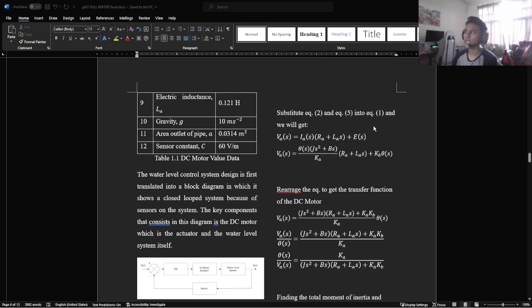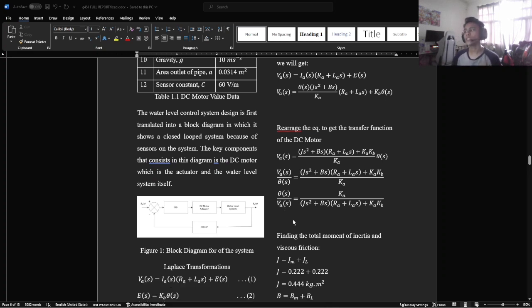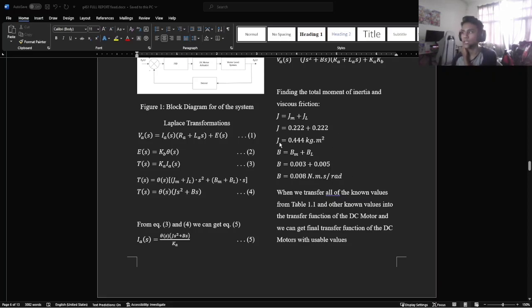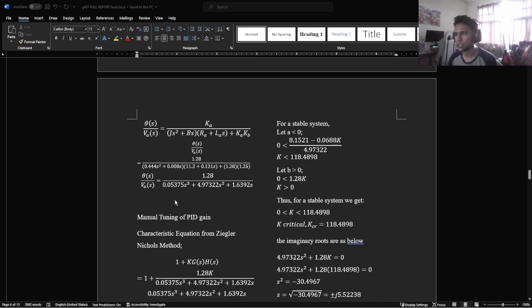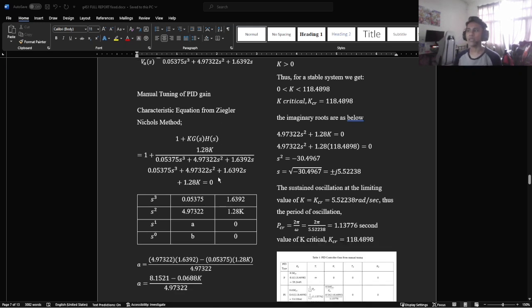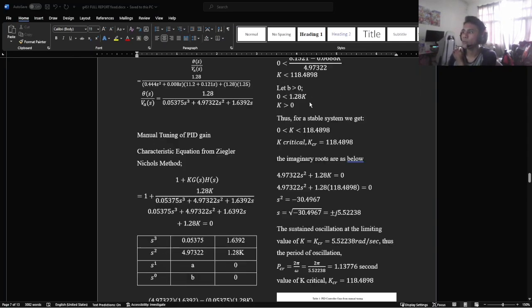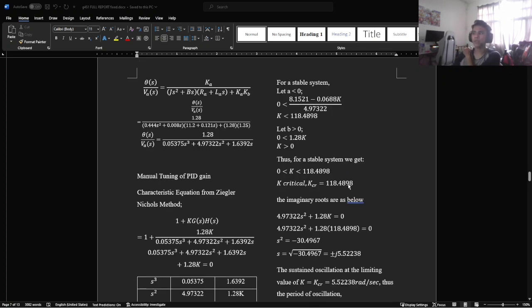From there, we can grab all of our substitutions into this form, which we can then rearrange into our transfer function. After that, we can find the total moment of inertia and also the viscous friction to get J and B in order to input them into our transfer function, and finally get our final transfer function, which is this one. And then after that, we can get the magnitude of the PID gain using the Ziegler-Nichols method, which is right here. We can grab the s^3, s^2, s, and the constant term. These are the poles, and then after that, we can do the stability analysis. For the stable system, we let it go to 0, and then we can get K critical is